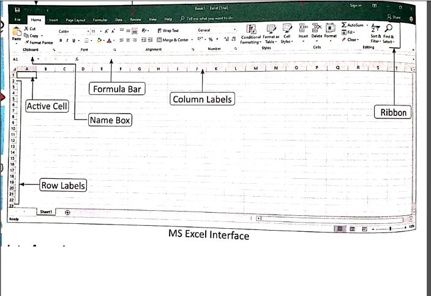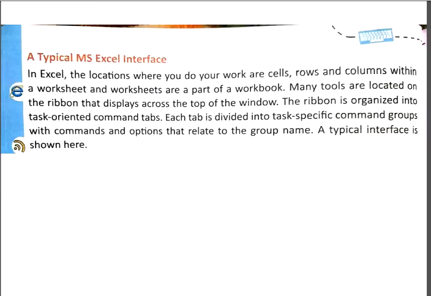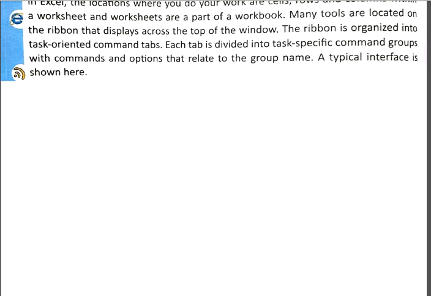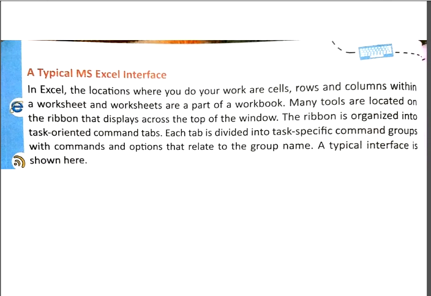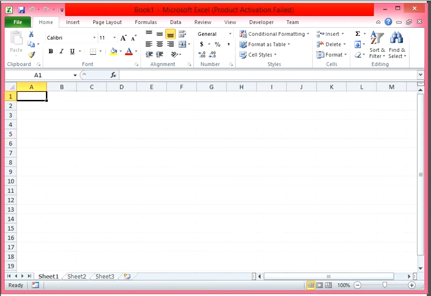Now we have the theoretical portion of this, so I am explaining that to you. A typical MS Excel interface: in Excel, the location where you do your work is cells. I already told you, this is a cell. If I want to write a name, I just write Name, and here I write Class.